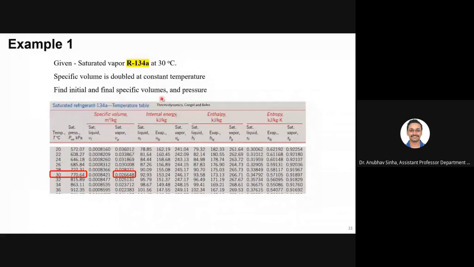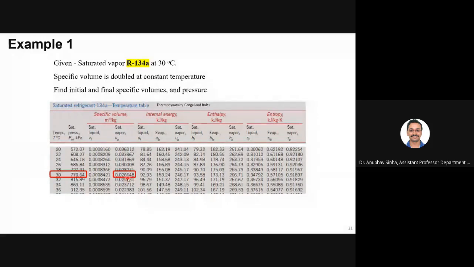We can also look at other properties, but just to keep it simple, let us try to find this. Given is saturated vapor, so I will open the saturated table for R134a. I know the temperature, so I'll open the table arranged according to temperature: 30 degrees Celsius. Now I need to find the pressure. I get the pressure at 770.64 kilopascal. This is the saturated pressure. Now let us say I want to find the volume. For saturated vapor, the volume is Vg. This is the volume, right?